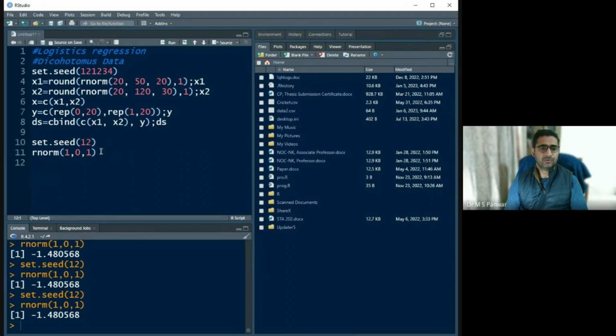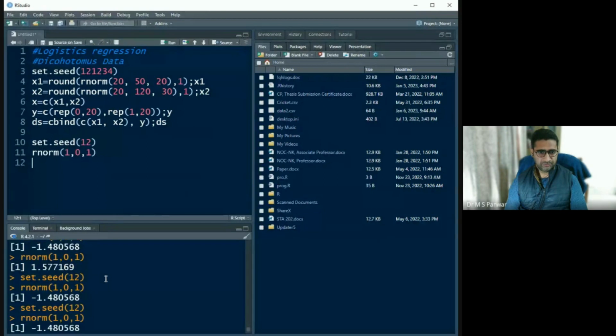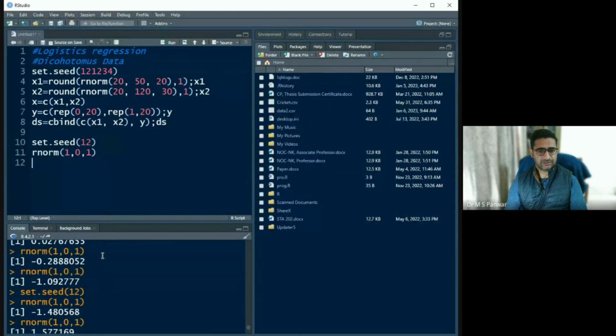All the time the rnorm command is providing a particular number, okay, minus 1.48. But in previous cases, it was repeating these things, and it will just generate a new number. So for that we have to go to the basic theory of random number generation. Don't use a pseudo random number method. That is a little difficult to say, but the point is your random number is actually a sequence obtained from a very long length, where we are sequentially generating numbers. Those are looking like random numbers. But here I just simply say,